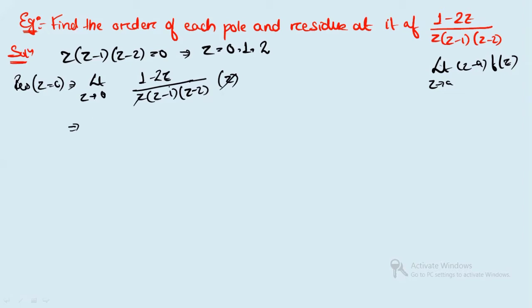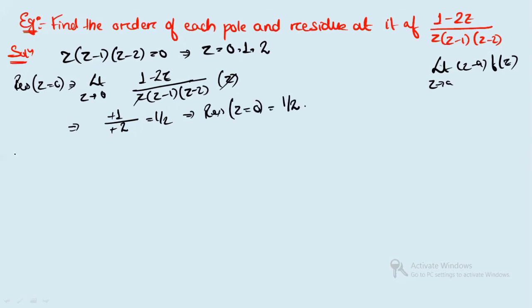Okay. So finally in this case, if z tends to 0, this term will be 0, this term will be 0. So in the numerator you will get minus 1, and in the denominator, this is 0, this is 0, it will be minus 2. Minus minus cancel, so it is 1 by 2. So this will give you residue at z equals 0 equals 1 by 2.